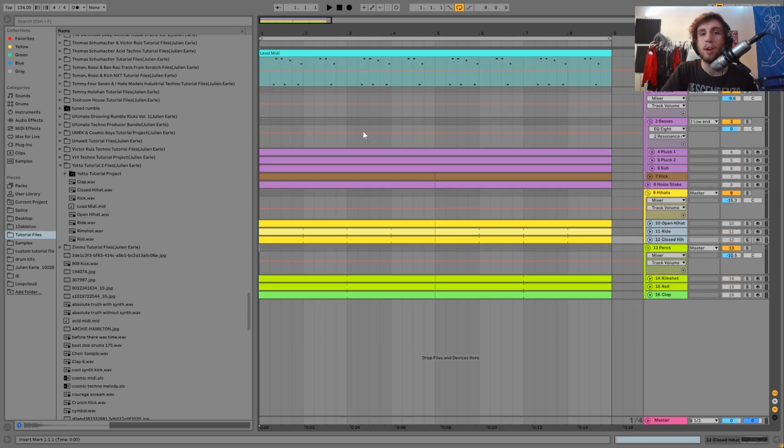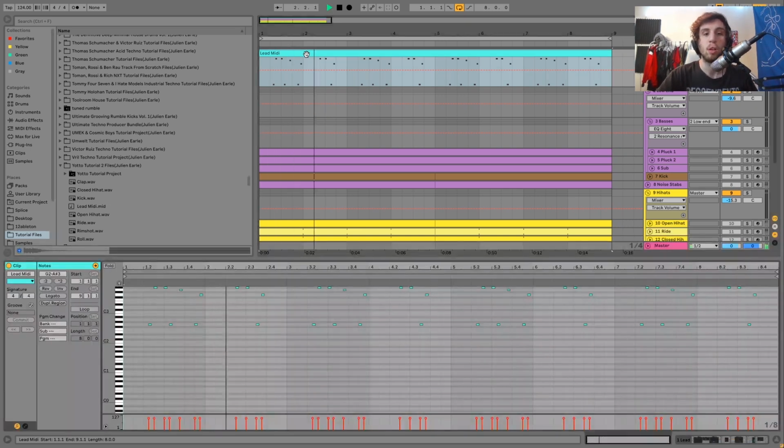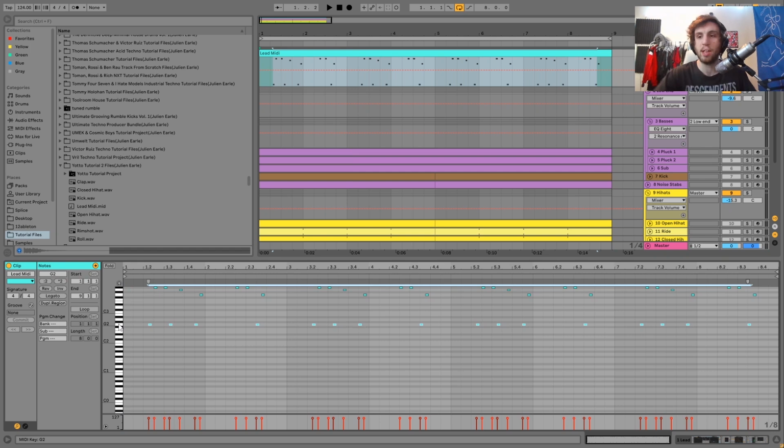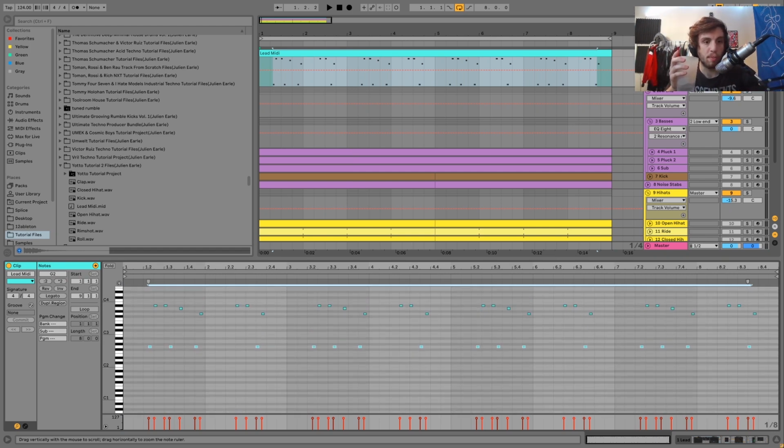So the first sound we have here is the lead, which sounds like this. This is a really simple progressive lead. What's happening here is we're in the key of G. That is the key of this track. And then it's just this simple G minor sort of thing where basically